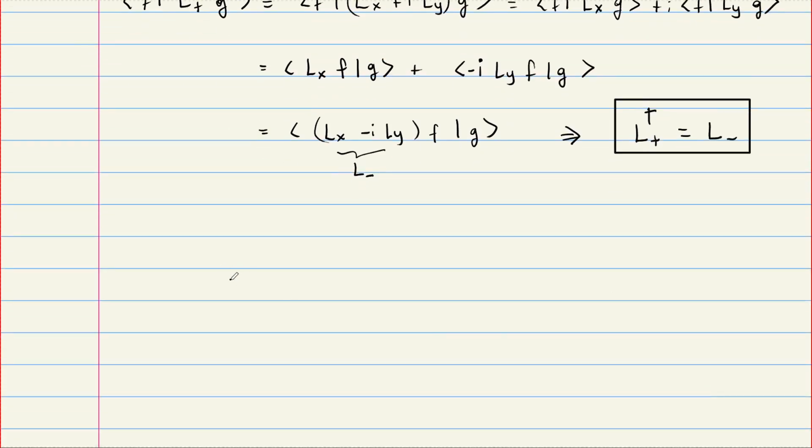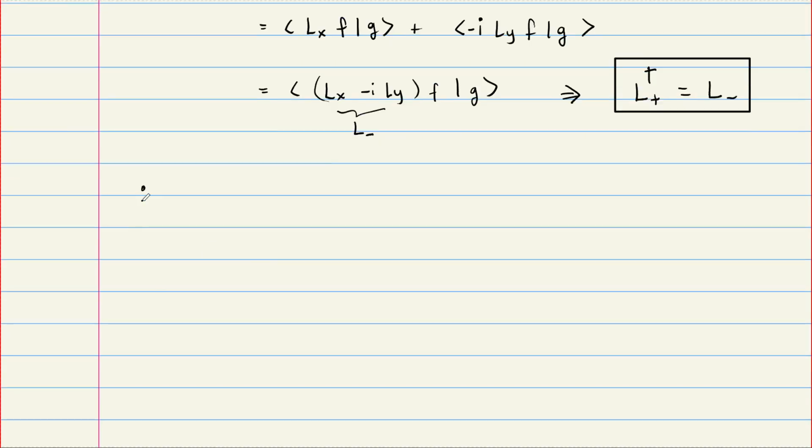Now the second piece is I want to find this coefficient. So what was I trying to do? I want to find this thing. L plus acting on |f, l, m> is equal to this A_lm times |f, l, m plus 1>. Let's call this thing some |g>, and let's calculate this <g|g>, and it's going to be equal to